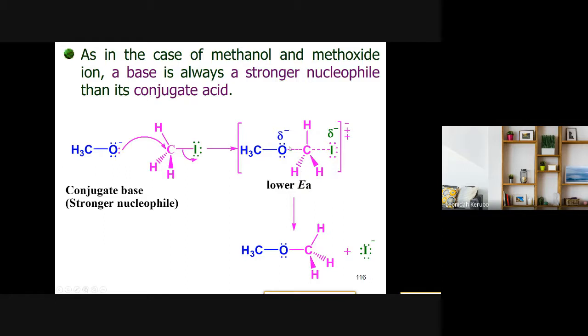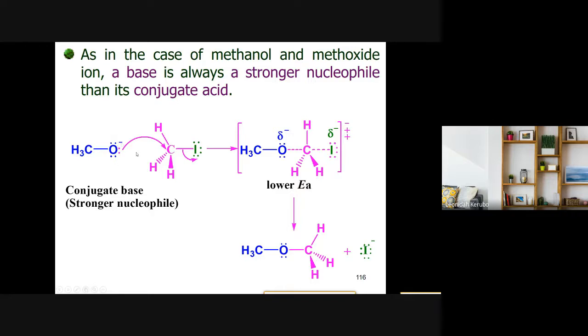But the difference is between when the conjugate base, which is a stronger nucleophile, is donating electrons to the electrophilic carbon to form a new bond, and when methanol, which is a neutral molecule and a weaker nucleophile, the conjugate acid, is being used to form a new bond with the electrophilic carbon to form the final product, which in this case is an ether. When a conjugate base is used, which is a stronger nucleophile and which has a negative charge,